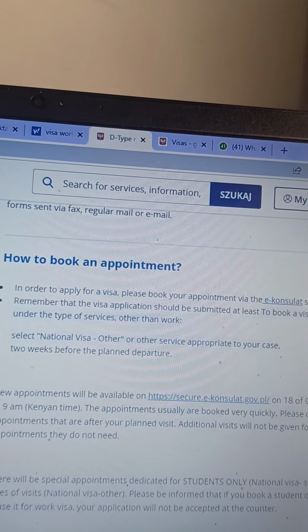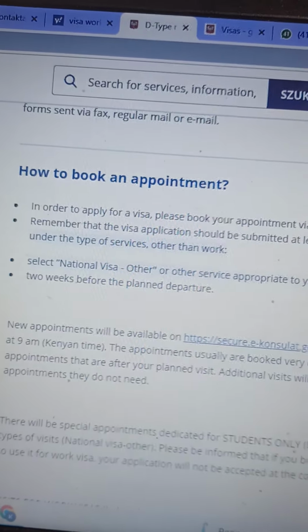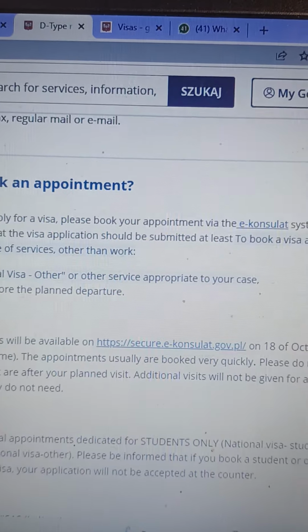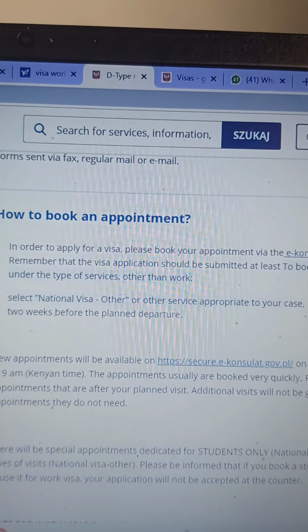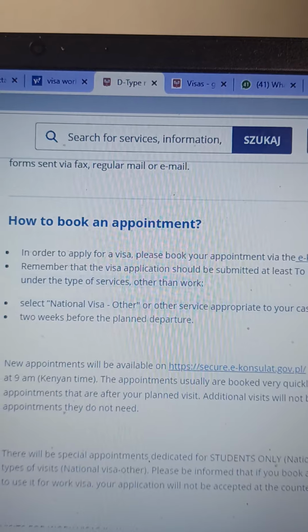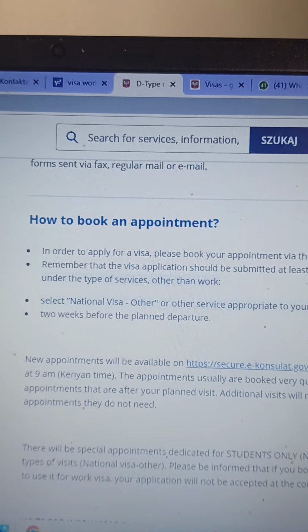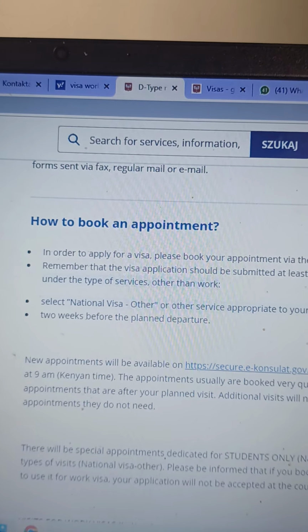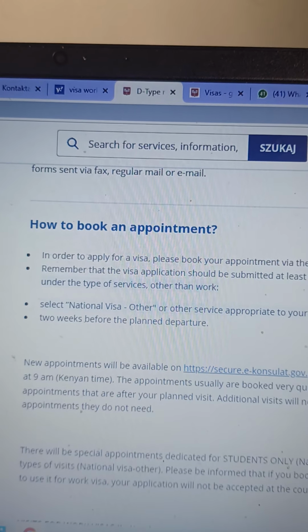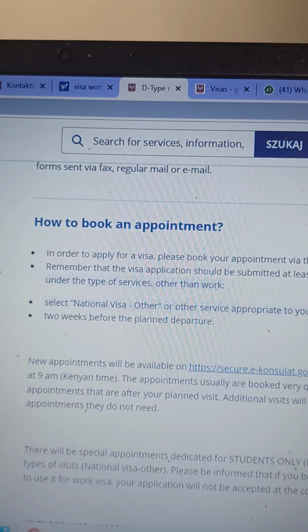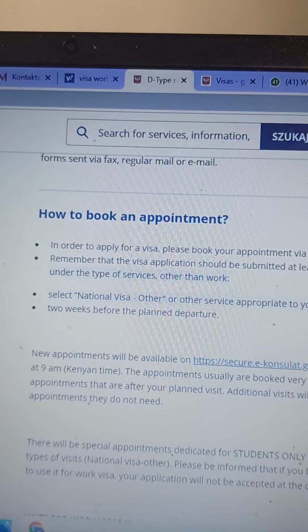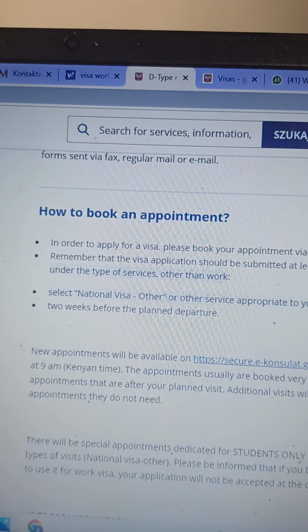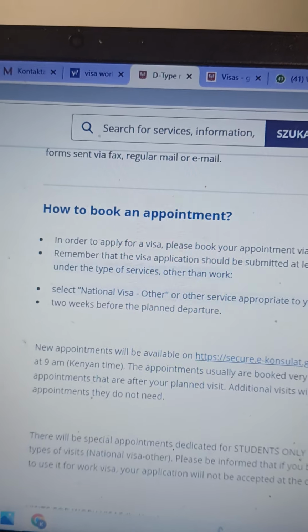New appointment will be available on 18th of October 2020, starting at Kenyan time. The appointments usually are booked very quickly. Please do not book appointments that are after your planned visit. Additional visit will not be given for applicants who book appointment they do not need. So anyway,